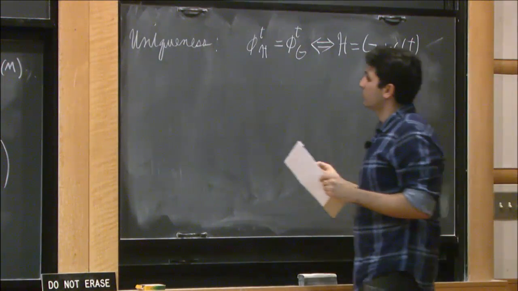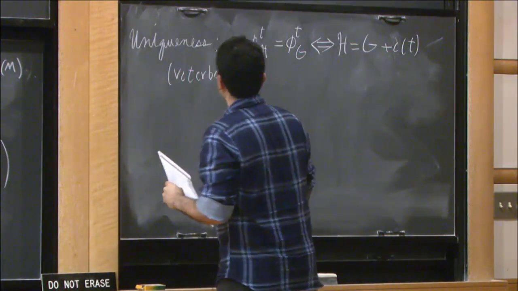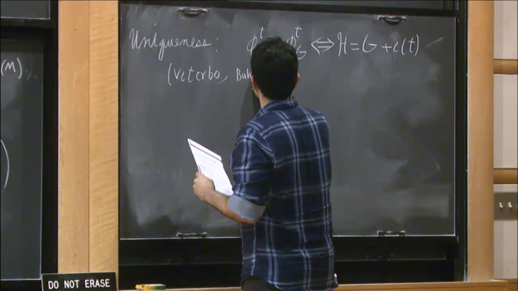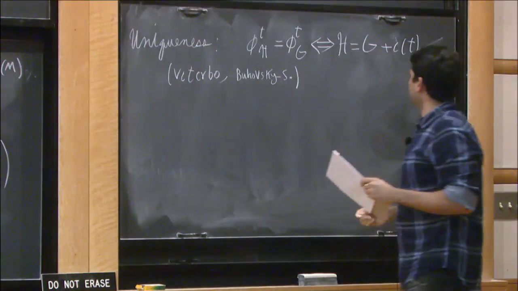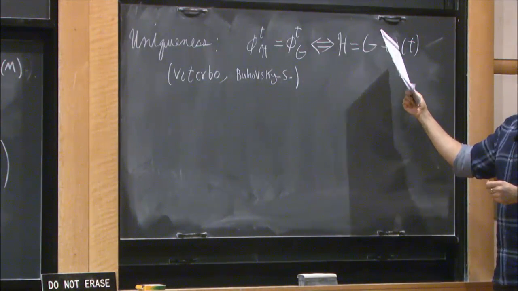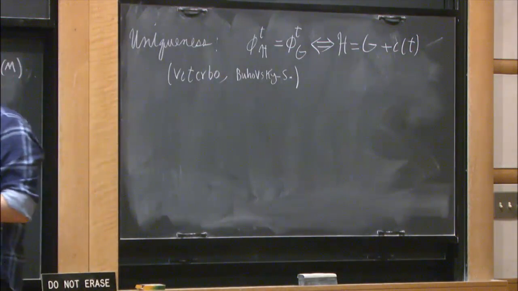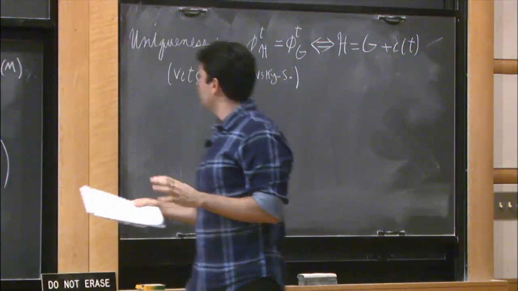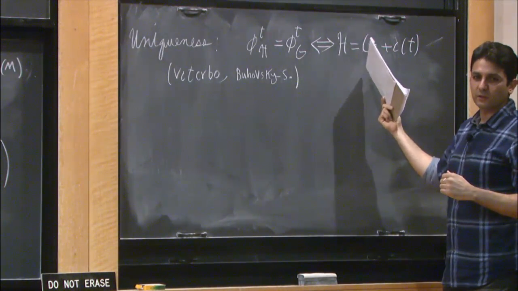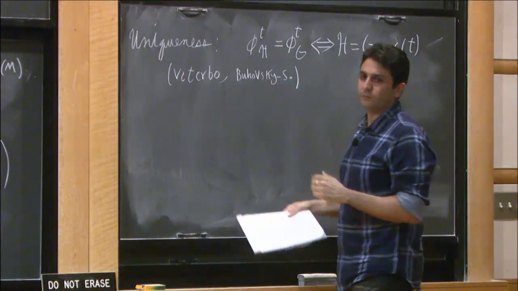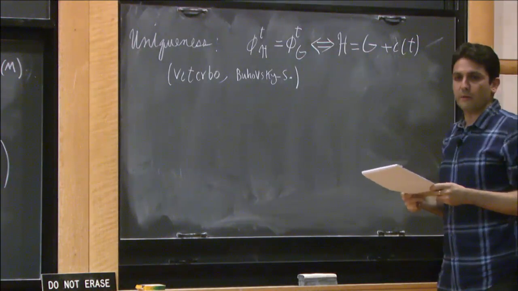This was first proven by Viterbo, and then later on Buhovsky and myself gave a different proof as well. In the same paper, the statement I made about the absolute value of x not having a flow follows from a slight strengthening of this theorem. And to prove this theorem, you need the energy capacity inequality. That's why I said you need the energy capacity inequality to show there are Hamiltonians without flows.